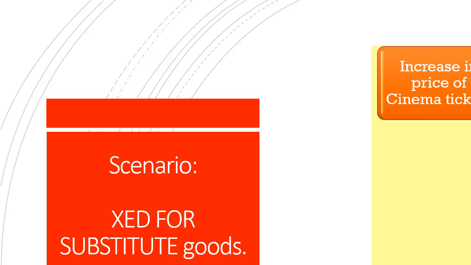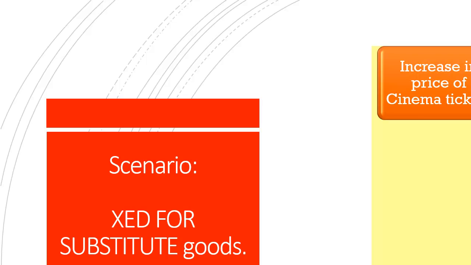All right, yeah, that's right, because Netflix would be a close substitute for the cinema tickets, right? Okay, so the first effect, or the short run effect, would be a fall in the demand for the tickets, assuming that all other factors remain constant. So when the price of the cinema tickets increases, this will lead, again assuming all other